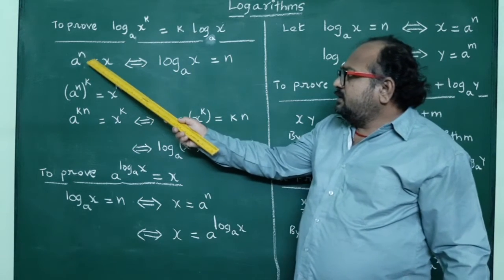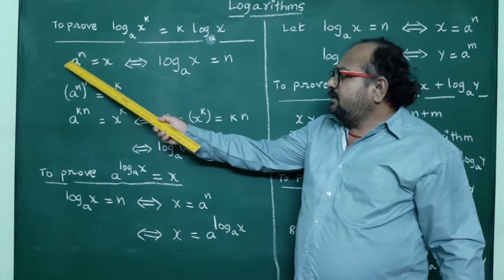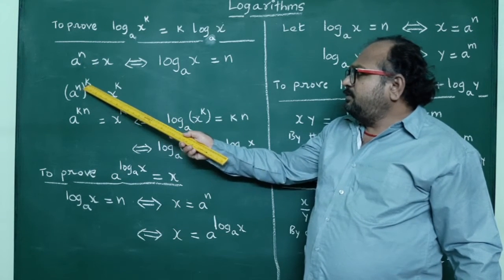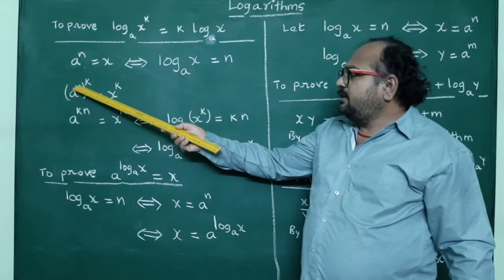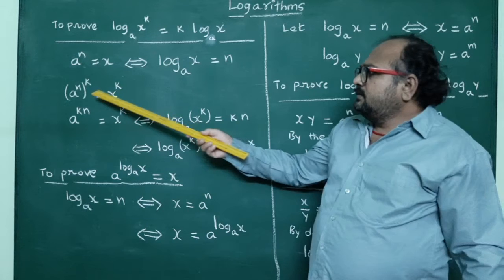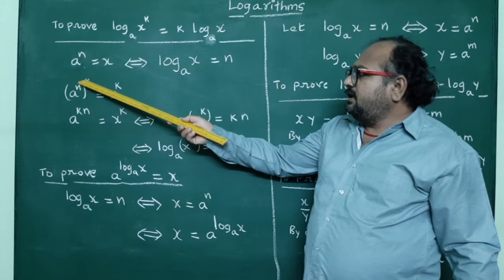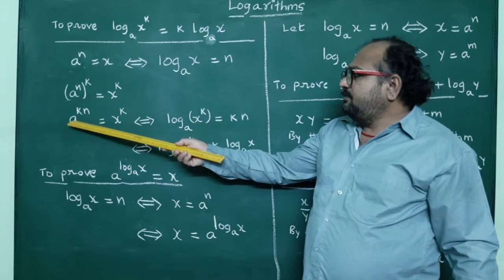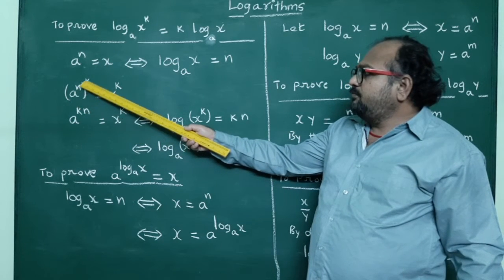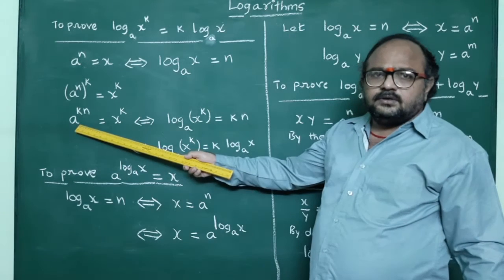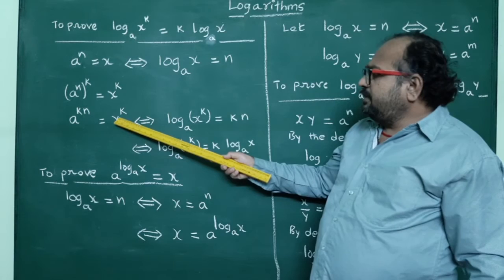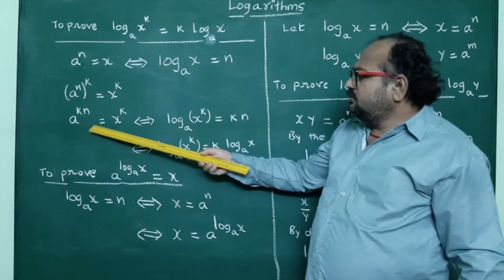Now, we have considered this a power n equal to x, and taking kth power on both sides, that is a power n whole power k equal to x power k. This becomes a power nk. It can be written as a power kn. The left hand side a power n whole power k can be written as a power kn, and this is x power k. Again, by applying the definition of logarithm to this,